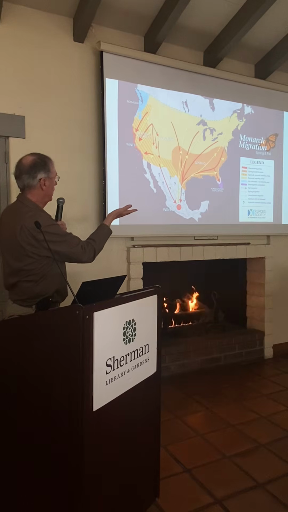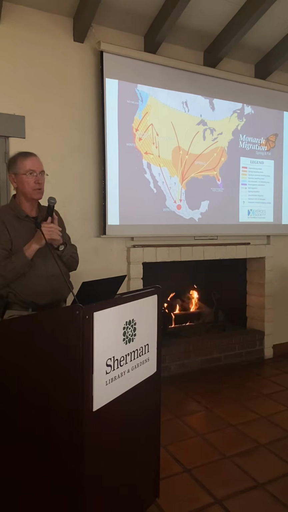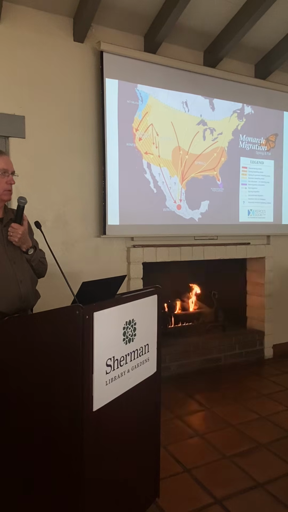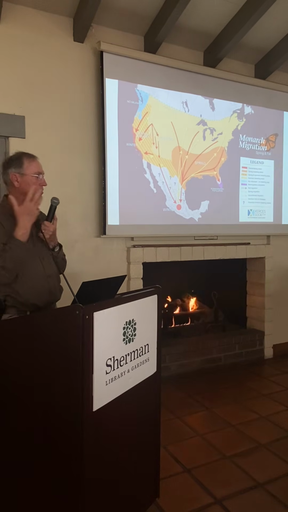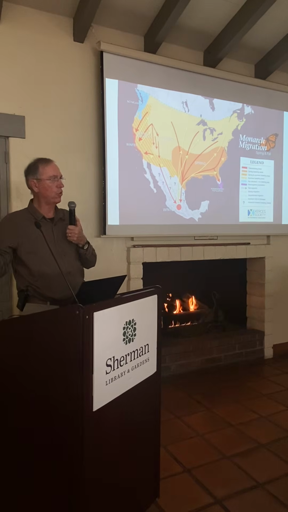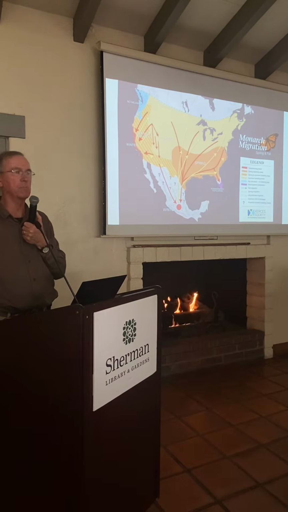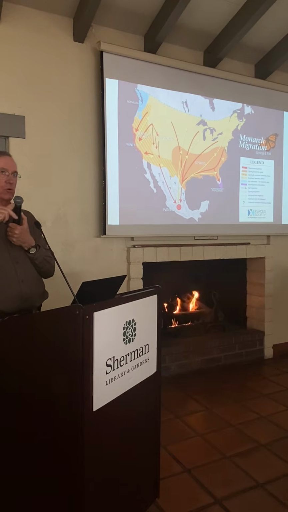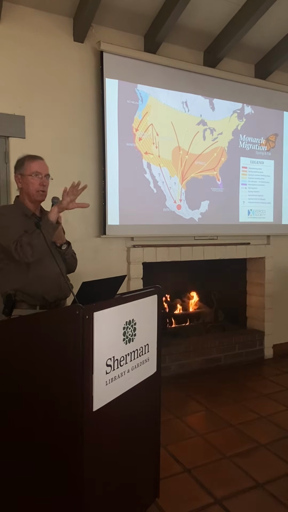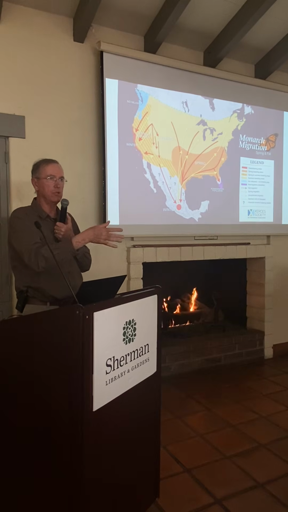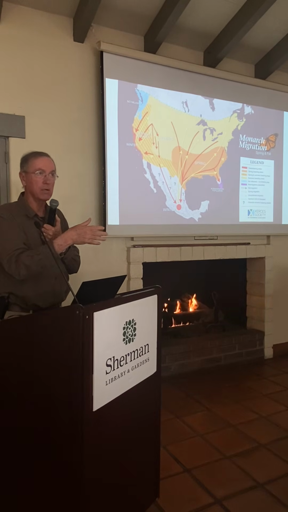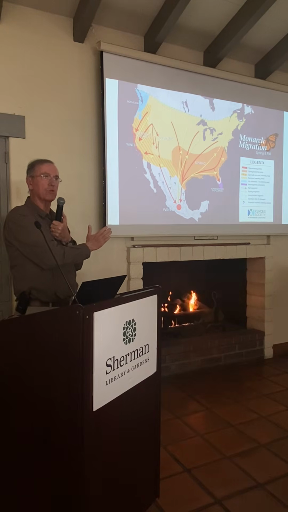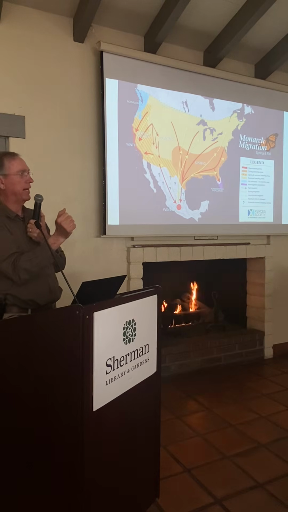And we'll talk about the eastern population first, which is the right-hand side, of course. Those are the monarchs that make Mexico famous. You've seen the photographs, National Geographic, and you've seen these forests in southern central Mexico of just millions of monarchs. Those are not California monarchs. California monarchs don't do that. The monarchs that we're seeing in our gardens and all over California and the western US also migrate. They just don't migrate to Mexico, they migrate to the California coast, or they should, and we'll talk about that.